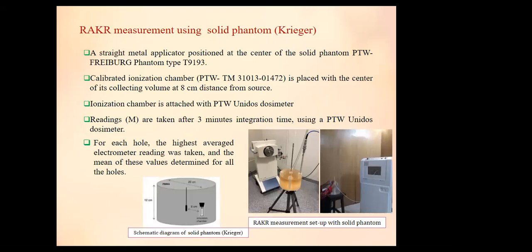Reference air kerma rate is also measured in a solid phantom. The PMMA phantom has a diameter of 20 centimeters and a height of 12 centimeters. Measurements were performed using a 0.6 cubic centimeter ionization chamber. The ionization chamber is placed in the